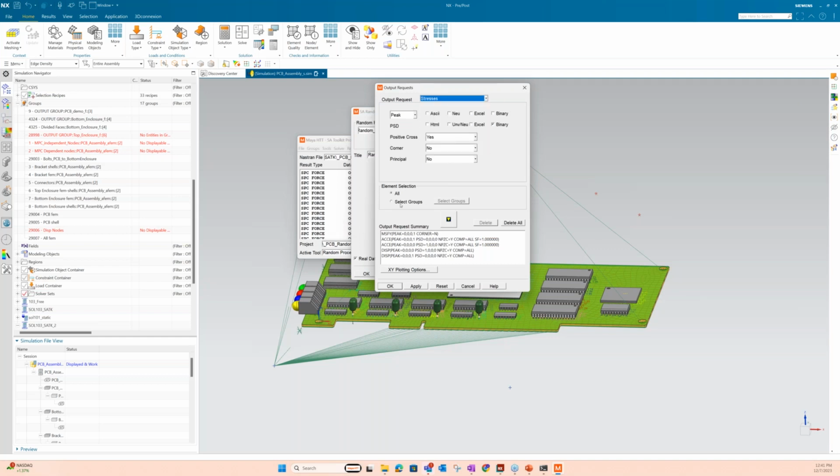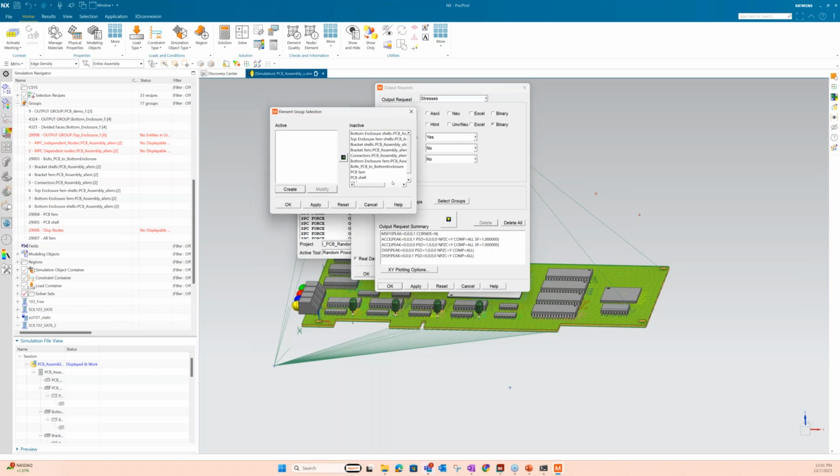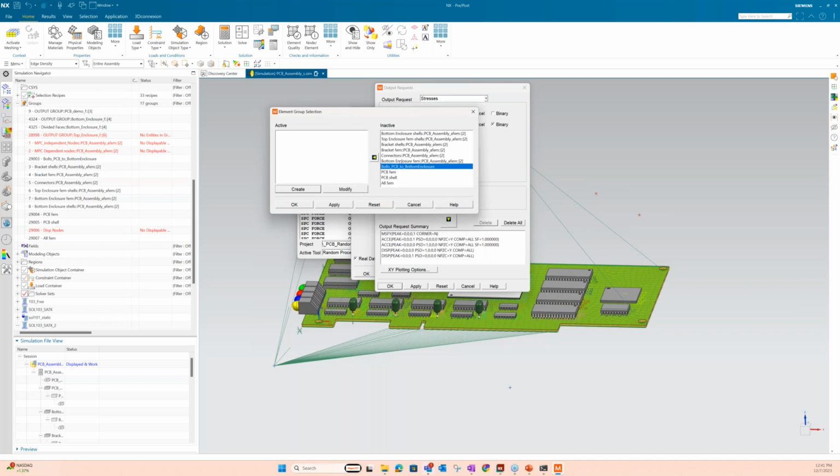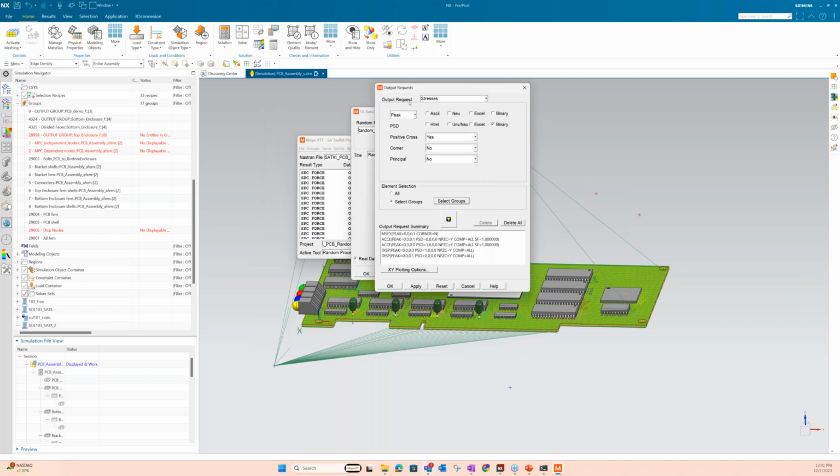You can look at stresses. So let's look at stresses on those outer components. Let me find my shell groups there. Yeah, I want that one, and I want this one. I want the binary there.